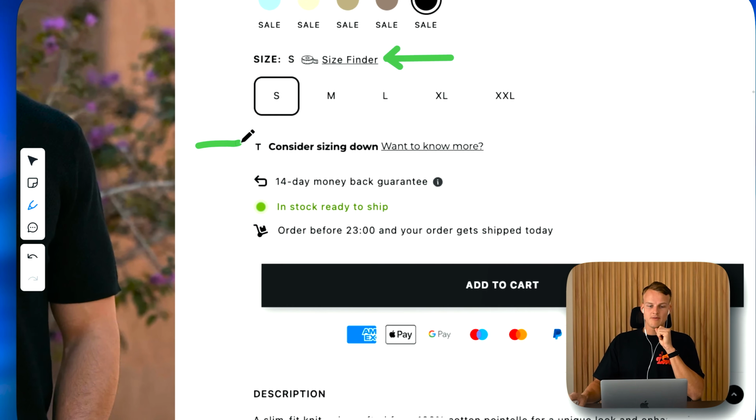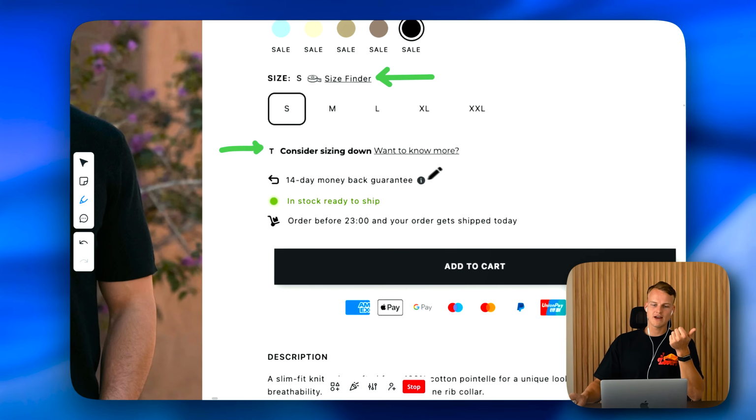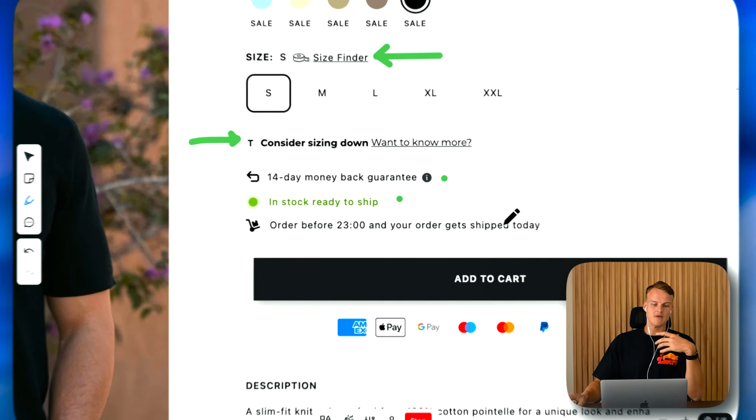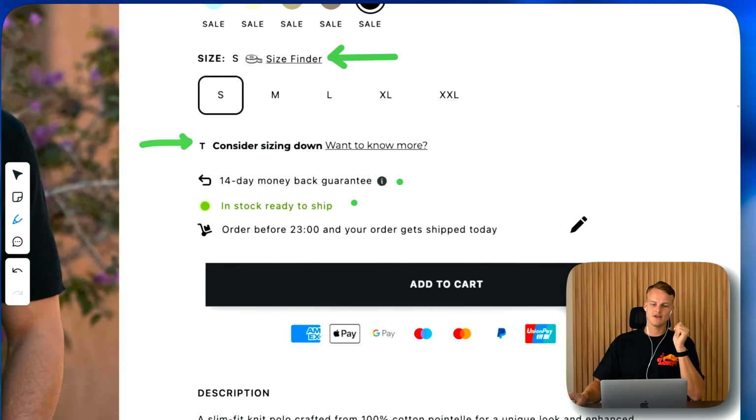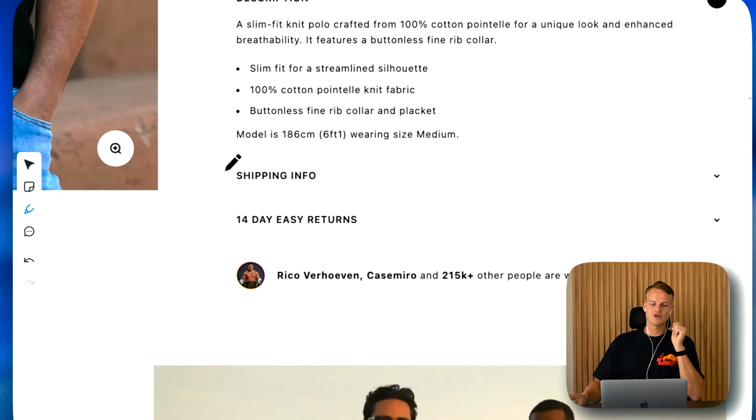And we got another tip here, also for the sizing guide, right? So sizing is very important, especially in fashion, to make sure that you don't have too many returns. Then they're calling out a couple USPs, so they have a 14-day money-back guarantee right here. It's in stock and ready to ship, which is nice for people. It gets people over the line to purchase as well. And then if you order before 11 p.m., your order gets shipped today, which is also nice, and it creates some sense of urgency. We have the add to cart, save payment buttons, then a clear description, more shipping info, more info about the returns,